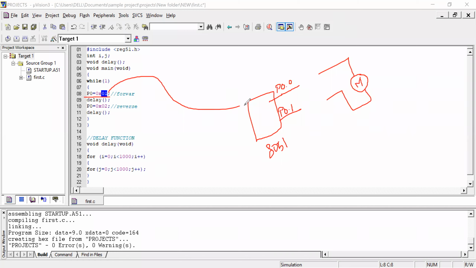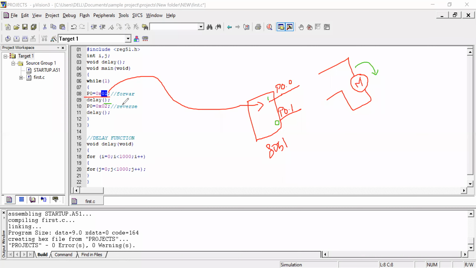If I put this value here, it will be 0 here and 1 here. This is for forward rotation.